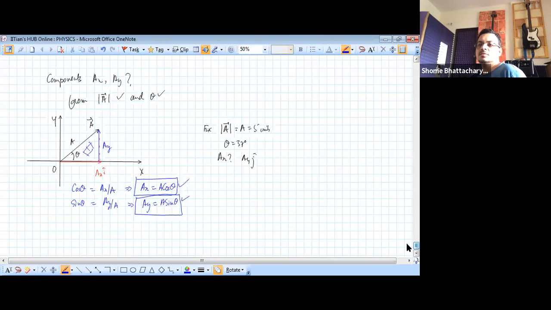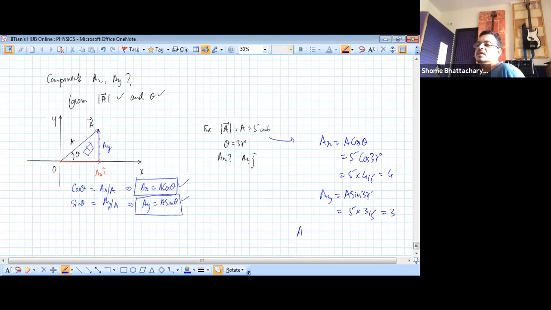Yes, tan 37 is 3/4. But here we use that Ax is A cos theta. So that is 5 cos 37. And cos 37 I taught you earlier was 4/5. It is nothing but 4. And Ay is A sin 37. So that is nothing but 5 into 3/5. That's 3. So Ax is equal to 4, Ay is equal to 3, and the vector E will therefore be